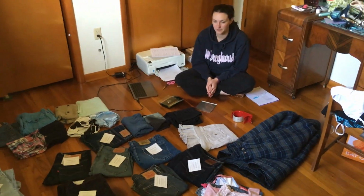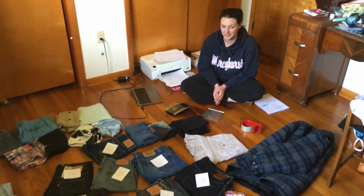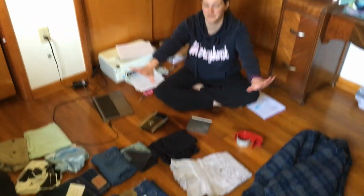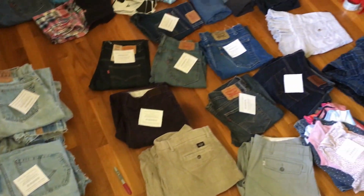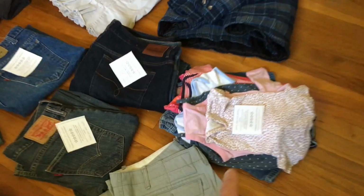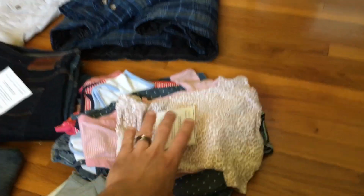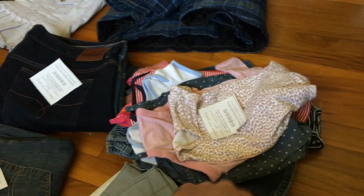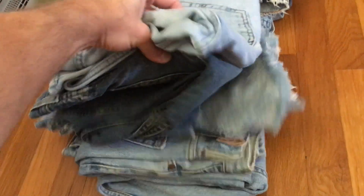About to package up what is possibly one of our biggest orders yet. As Jason's panning around here to show you, this is everything that needs to go. And it actually probably looks a lot less than it really is because there's a whole big lot of kids' clothes there. Yeah, I think there's 15 separate auctions here. They're all little kids' clothes on 15 different auctions. And then there's 6 or 7 pair of jeans and denim shorts and stuff in here